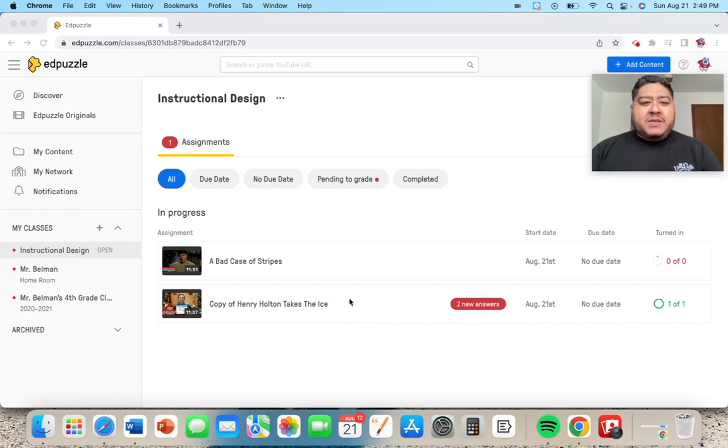Hello. So for one of my assessments, I'm going to be using Edpuzzle as a form to track data. The reason I chose Edpuzzle is because of the videos that are readily available on the platform and how you can tailor any video and add questions to it that are specific to your learning target. Therefore, you know that the questioning and the assessment is actually measuring the competency of the learner in regards to your objective.